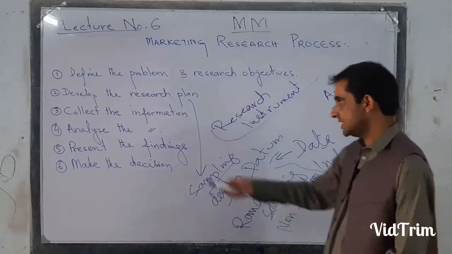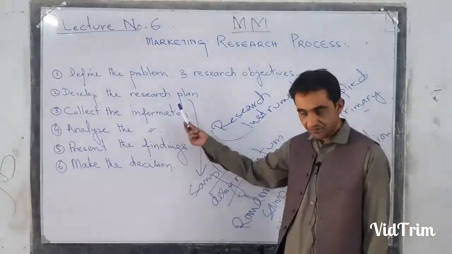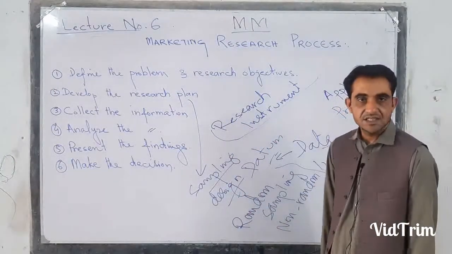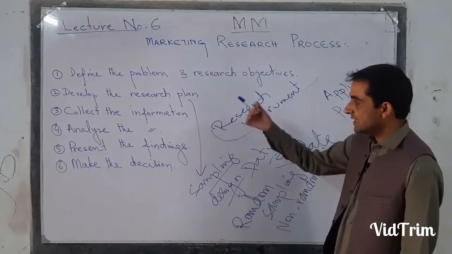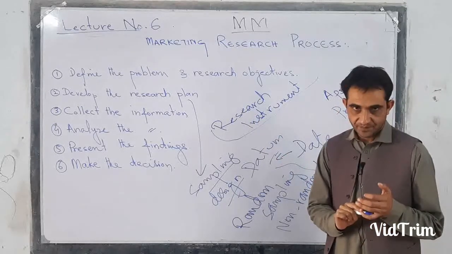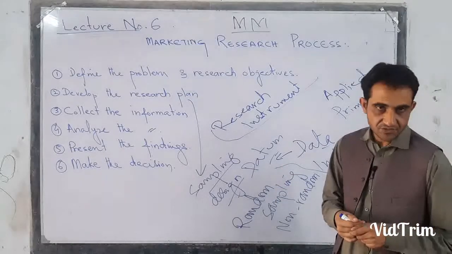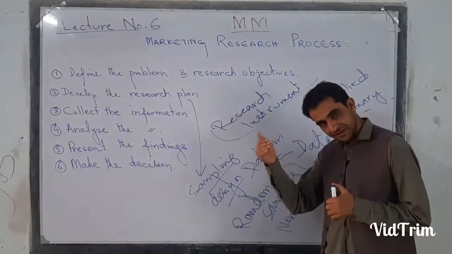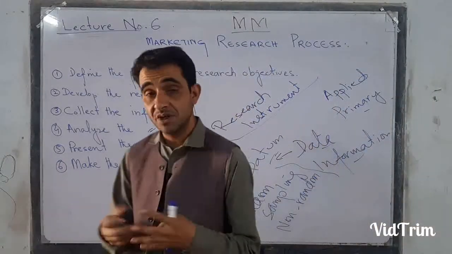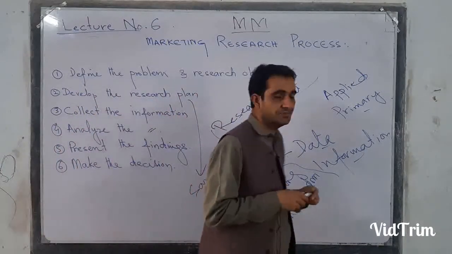So these two or three things we are taking decisions about in the second step, which is called develop the research plan. Number one of which is data and data sources. Number second, research instruments. Number third, sampling design. Number one, data and data sources: whether the data is primary or secondary, and what are the different sources of it. If it is secondary, whether we are collecting it from books, magazines, articles, etc. So this is part A of step number second.